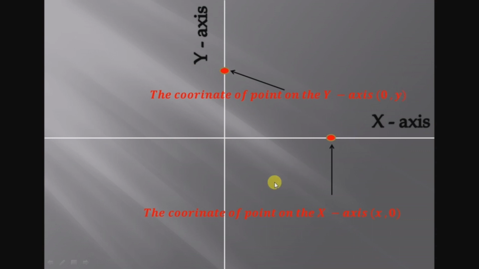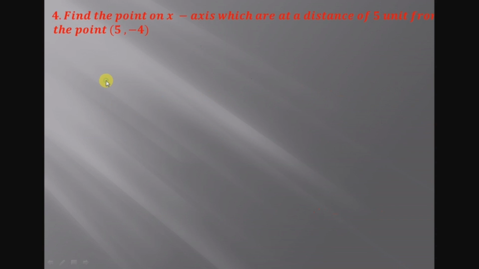So keep in mind, any point which is on the x-axis has coordinates (x, 0), and any point which is on the y-axis has coordinates (0, y). Let me explain this with the help of an